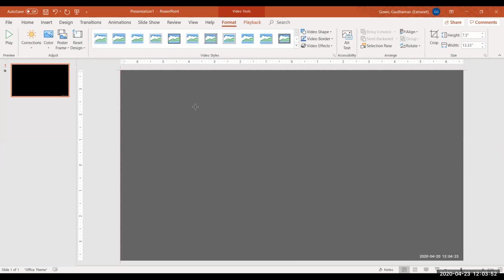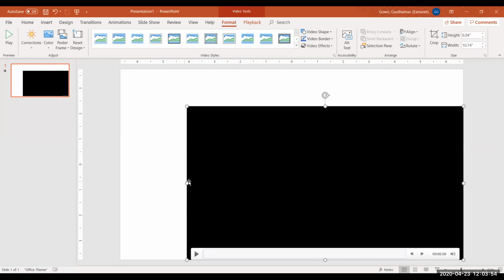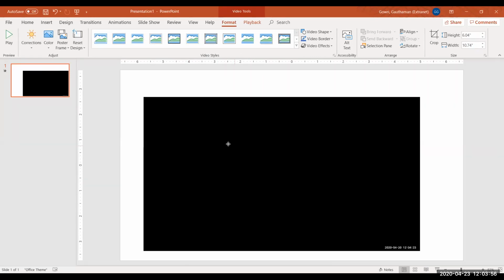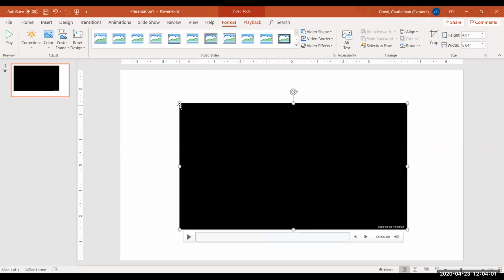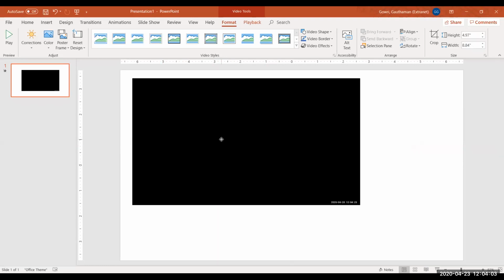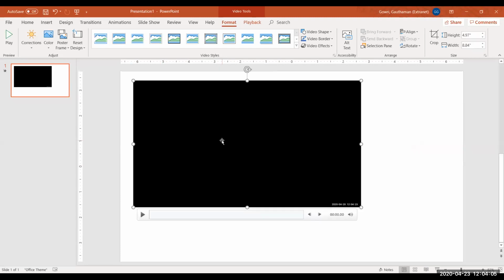So you can see it is by default covering the entire slide. You could also use these sizing handles, which are at the corners and at the side of it, and you can reduce the size of this video clip. So I'll reduce it, and I'll keep it here. See, if we start playing it,